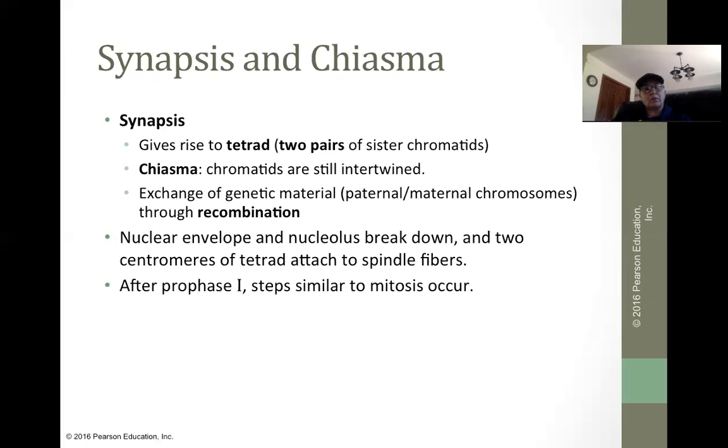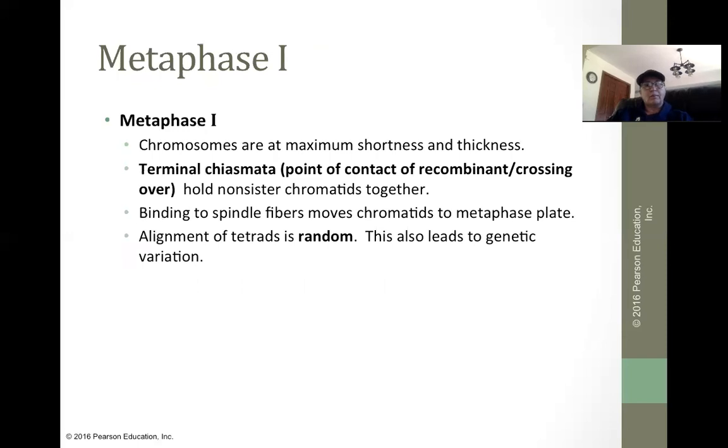And then you'll get some of the normal stuff with the envelope breaking down, and these centromeres of the tetrad will attach to spindle fibers. So look at some pictures in your book, and there will be a video to follow this as well to help explain that a little bit more. You know, they're really short at this phase, metaphase 1, and you can read some of this about the point of contact. Again, this point of contact between these tetrads is intended to ensure that they keep contacting,